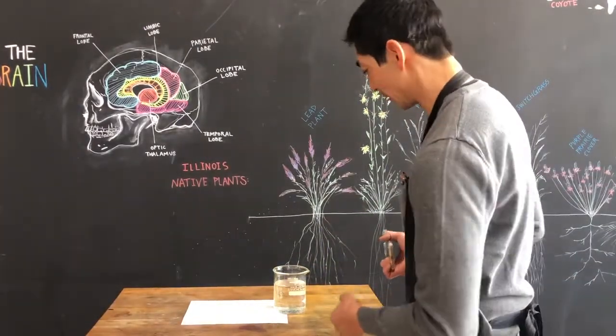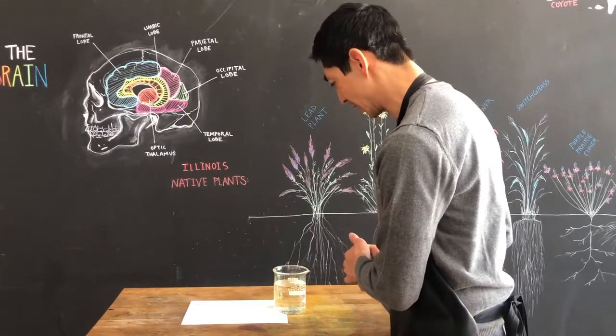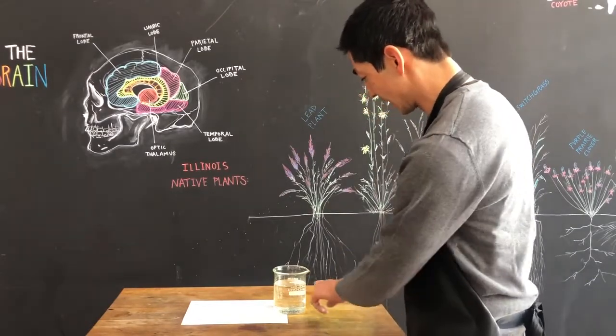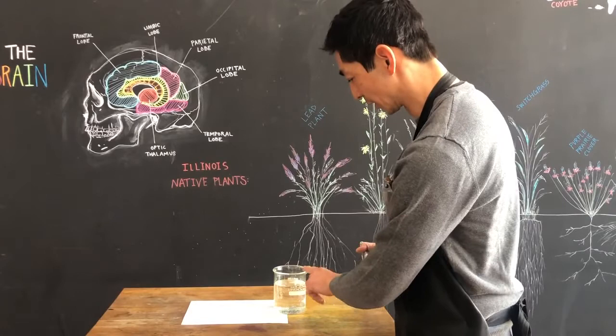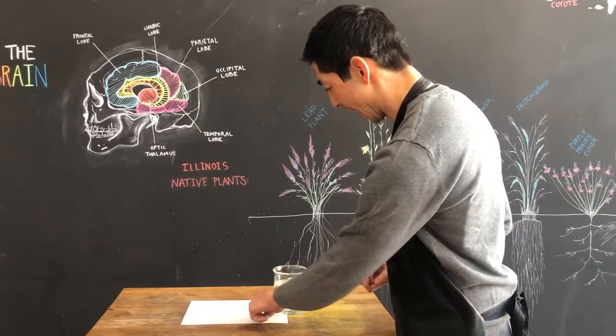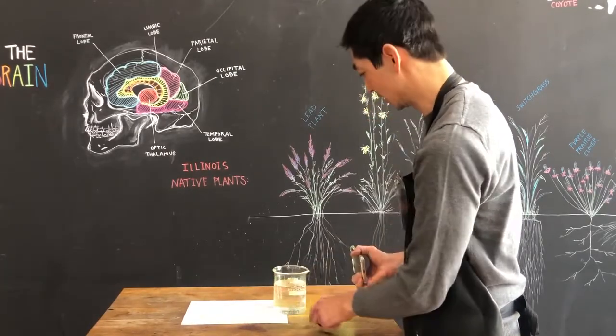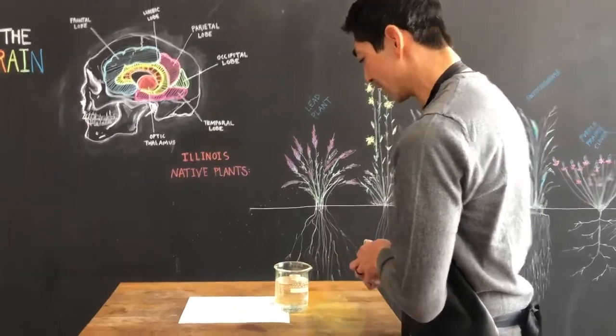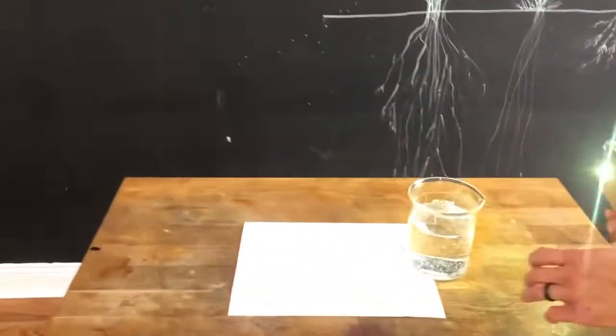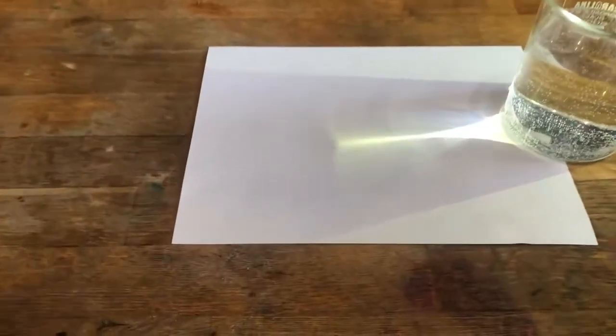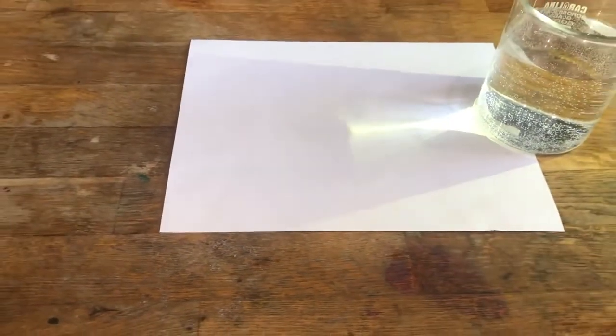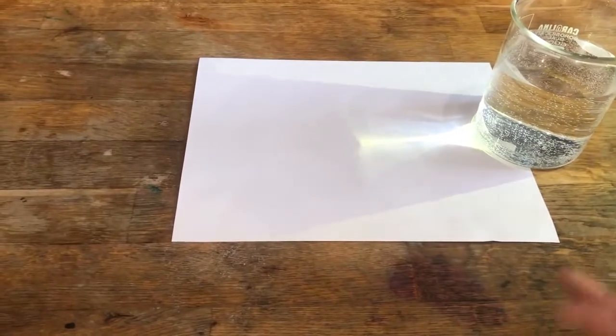Very simply, you're just going to shine the light source from one side through the glass of water, and you'll see a rainbow form on the other side. What's happening is when the light passes through the glass and the water, it bends. This is known as refraction. Different properties cause the light to bend differently. This is why there's a refractive index. And each wavelength,